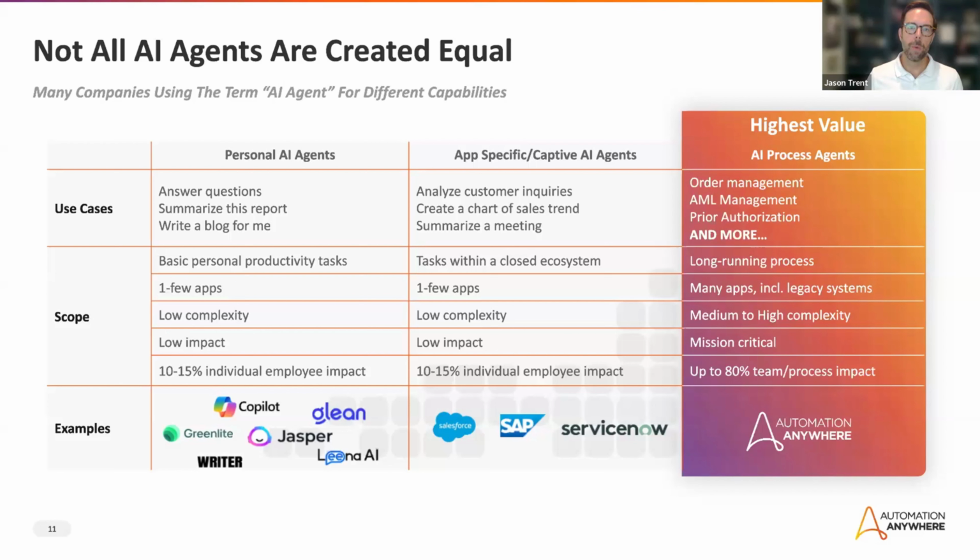The second type of agent we often see with customers is agents that are focused in systems of record. That's going to be systems like SAP, Salesforce, ServiceNow, and others. They are all building and shipping agent and agentic capabilities, and those are fantastic. However, what we find is that most customers don't have business processes that just live in a single application. They typically span multiple different systems of record.